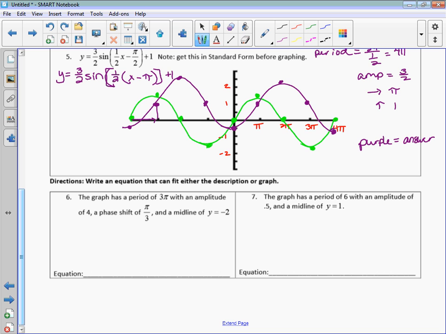Let's pause here. We're going to come back and do more with the notes, but before we get to writing the equations,